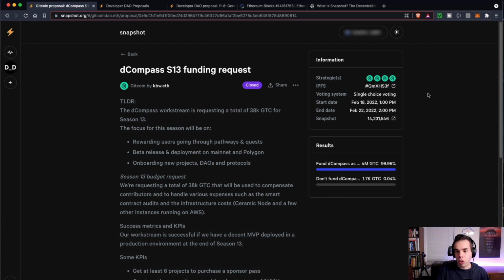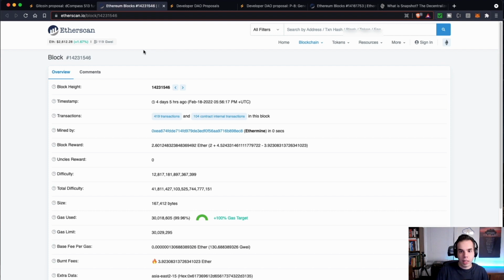So in terms of the voting system, you can specify the type of voting, and then there is a start date, there's an end date, and then there's a snapshot. And you're actually able to see this on Etherscan. Etherscan is just a tool for checking out data on the blockchain, or really any blockchain, but we're specifically on the Ethereum scan. And you're able to see exactly on the timestamp when this was all put on the